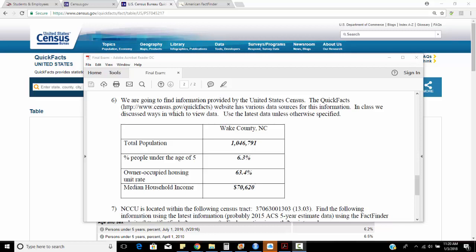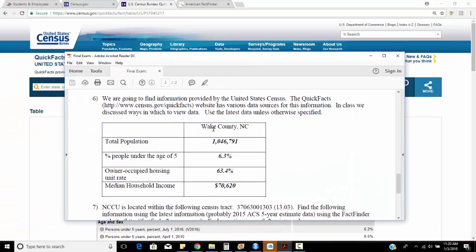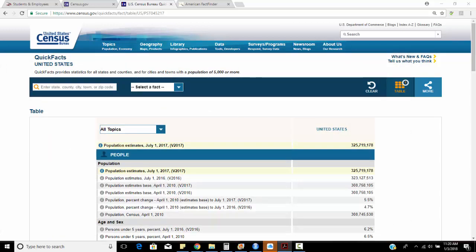A couple of different places that we'll look at are the census. I want to just show a couple examples from the review. You can see we're going to look at census.gov that have data at the county, state, national, and city level. For number 6 here, and you can see what it looks like, we're going to look up Wake County. We're just going to look at a couple of different metrics from the Quick Facts website,